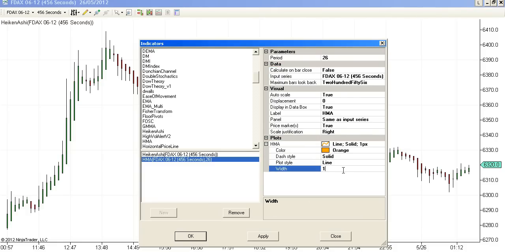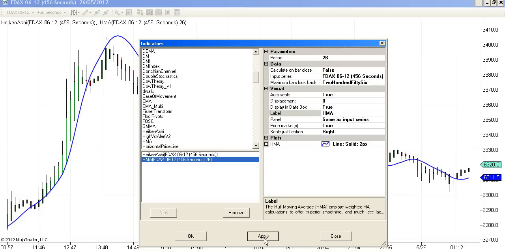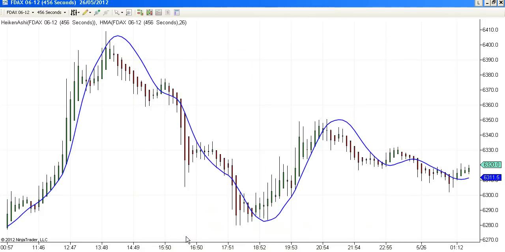Here I will make the thickness or width to 2. I want blue, whatever color that you want according to the background. You can select, enter, apply. Okay, so we have got Heikin-Ashi, Hull moving average with the setting of 26.